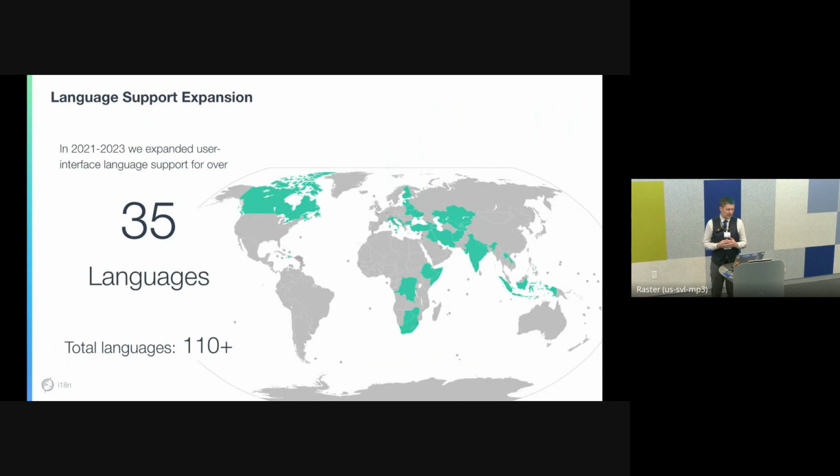So over the past 3 years, we've launched support for over 35 languages. Some of these were completely brand new languages that we didn't support before. Some of these were languages that we maybe supported through the community translation program that we used to have, that we've now upgraded to professional support. And this brings the total number of languages that you can use for the user interface for Facebook to over 110. So some examples that you can see from this map. One of the first languages we did in this effort was Oromo in Ethiopia for Facebook Lite.